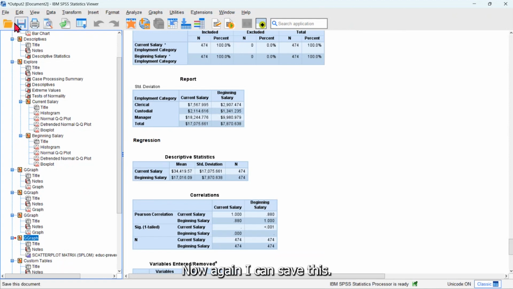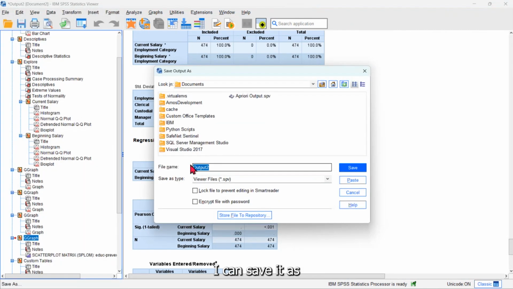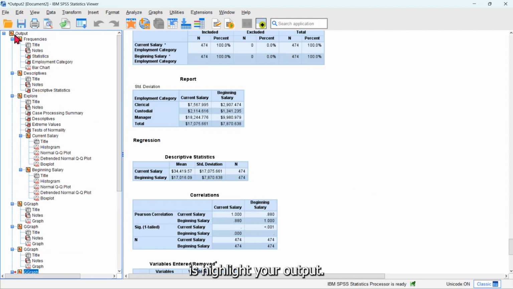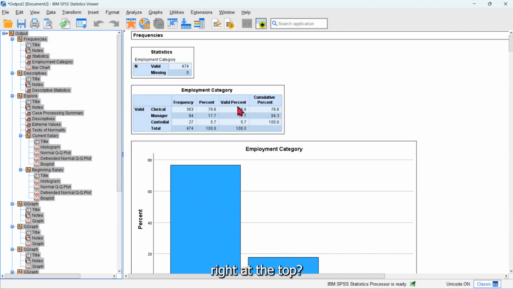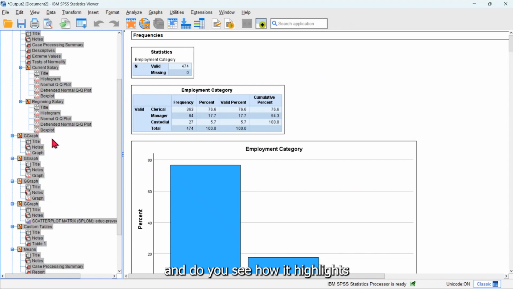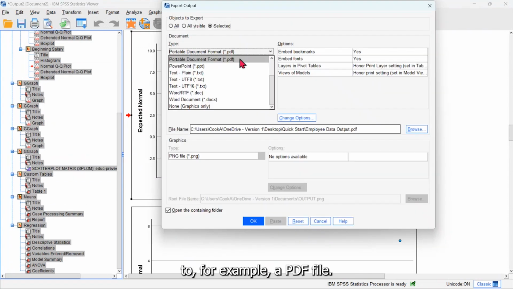Now, again, I can save this. So if I go to File, Save As, I can save it as Employee Output, and then just click on Save. The other thing you can do as well that's actually very useful is highlight your output. Do you see how I clicked right at the top? So let me show you what that looks like again. Go to the very top of your output, click on the yellow box at Output, and do you see how it highlights everything? If you right-click, you can export all of this out to, for example, a PDF file, or